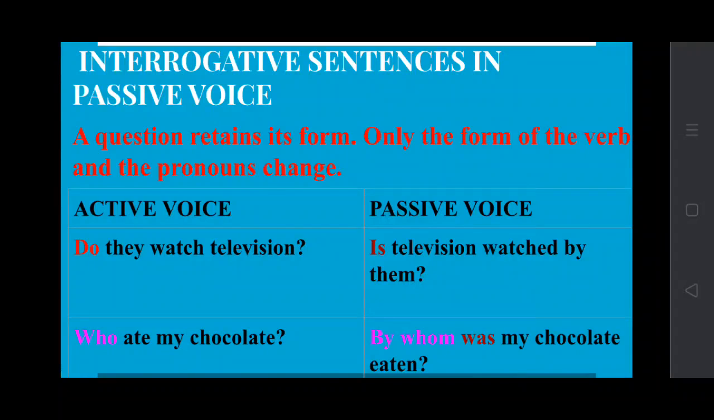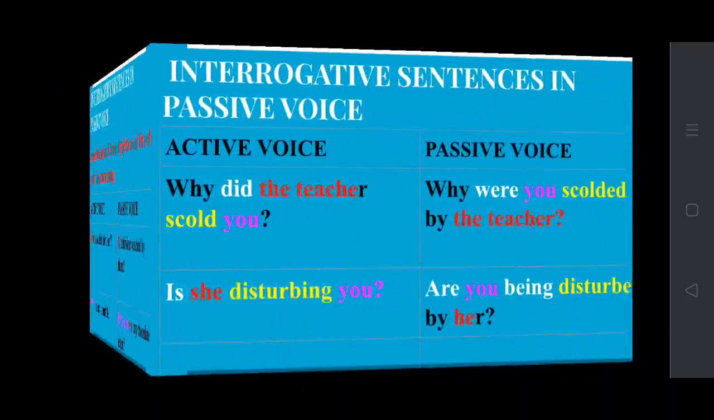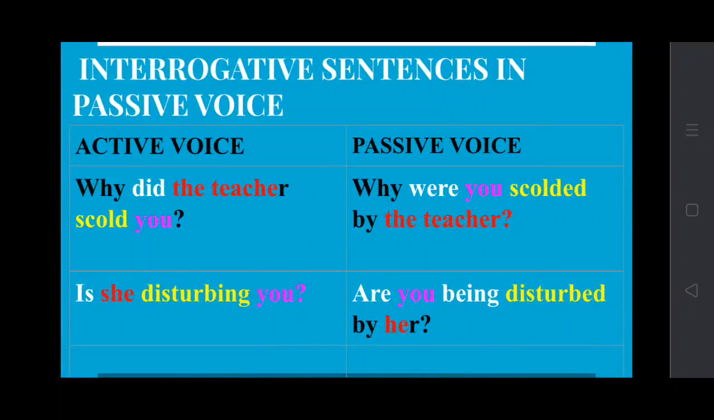Now, who ate my chocolate? So here when the question begins with who, we use by whom in the beginning. We write by whom. So by whom was my chocolate eaten? See more examples. Why did the teacher scold you? It will be changed as why were you scolded by the teacher? So first the same question word, then did will change to was or were depending on the object, singular or plural, and then the object will come, and then the third form of verb